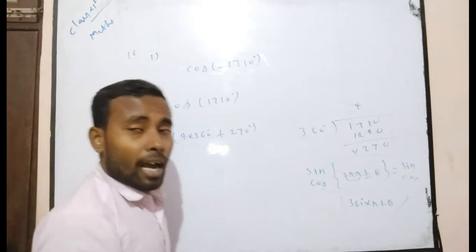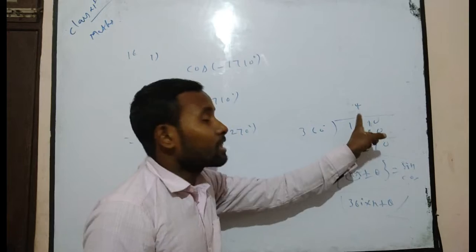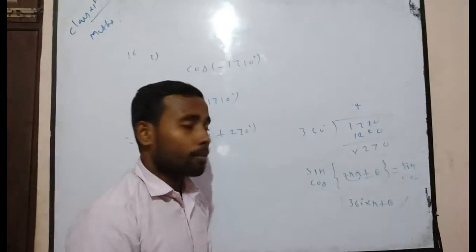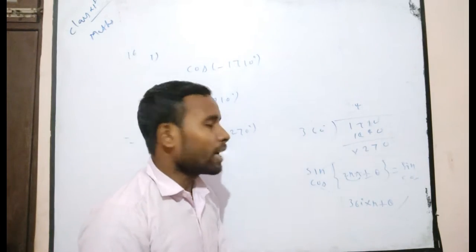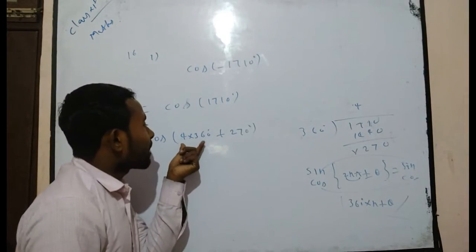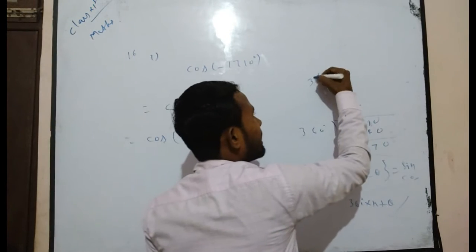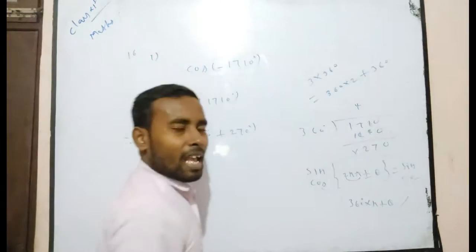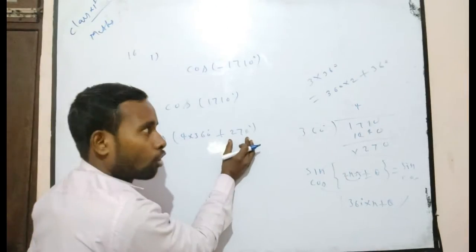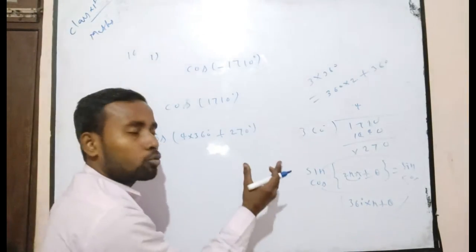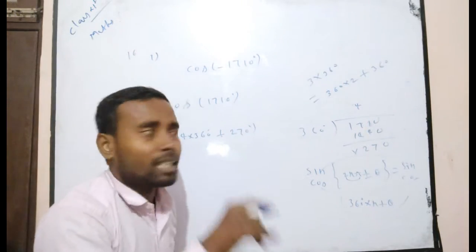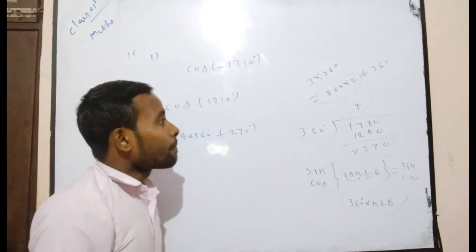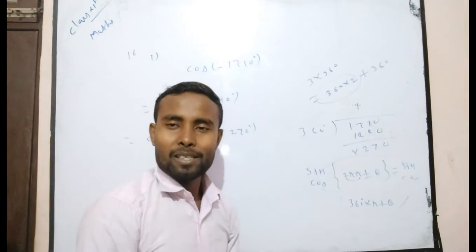Now there arises another problem. If the multiple you get is odd, what do you do? It is a very simple process: you have to take even multiples. If you get 3 times 360, then you write it as 360 times 2 plus 360. Don't add that 360 to the angle; simply write here 360 plus 270 and suppose it as theta. In that case, you can again use the formula 2n pi, that means when n is even, n times 360 plus theta.